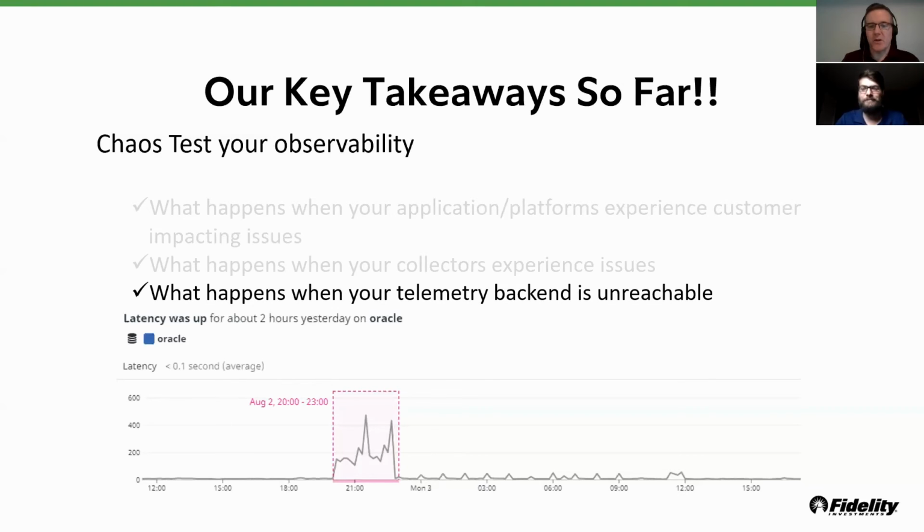So for example, here we're looking at our collectors, our aggregators, other components that may be on the telemetry journey. And we're looking at that from a durability perspective, for example. How long can we keep going before data is lost if there's an issue with the network on the path to Datadog, for example, or if there's an issue with the cloud provider where our services are hosted. So whatever the case may be, you're looking for how your system performs from a telemetry standpoint when there are issues.